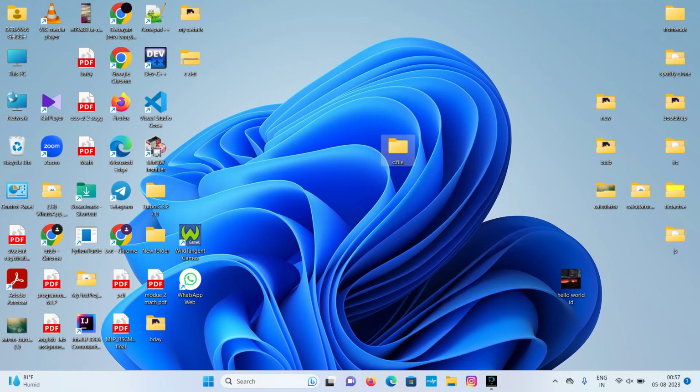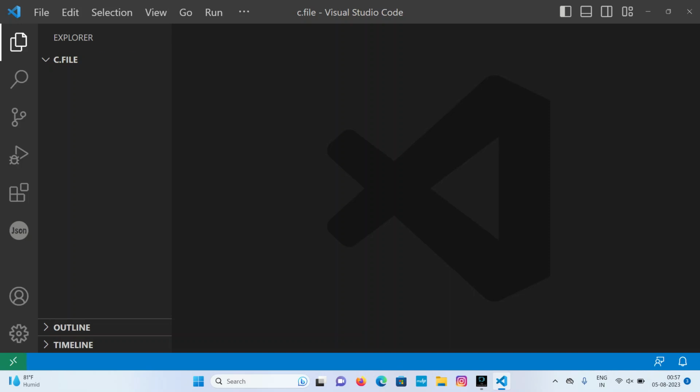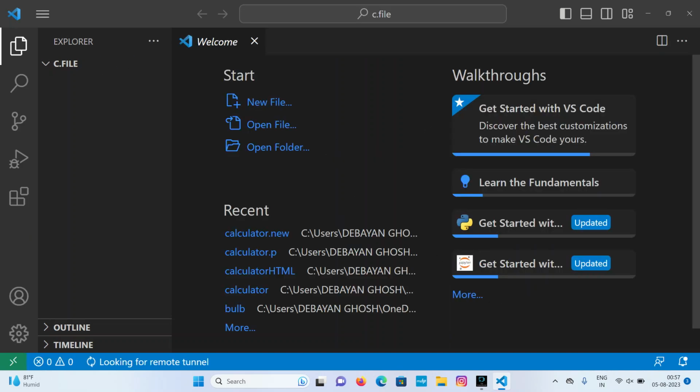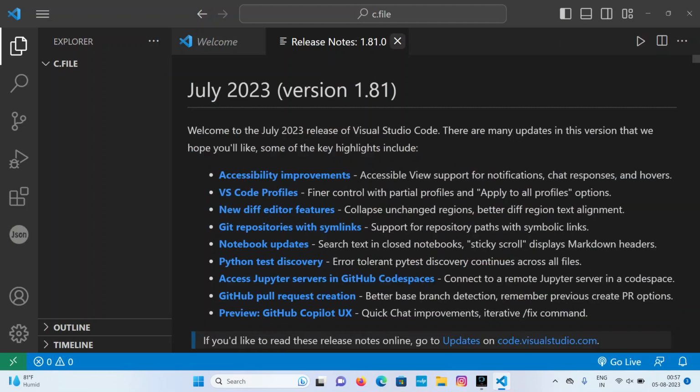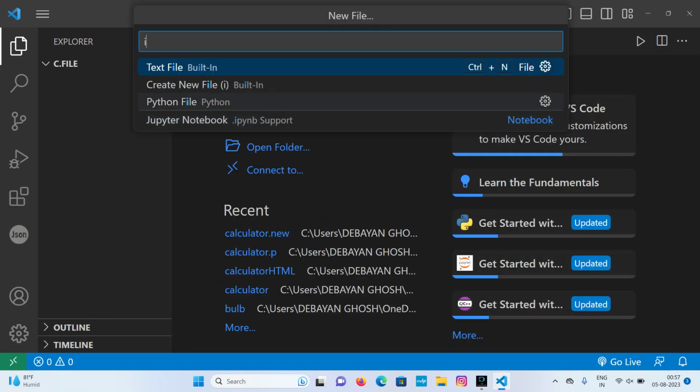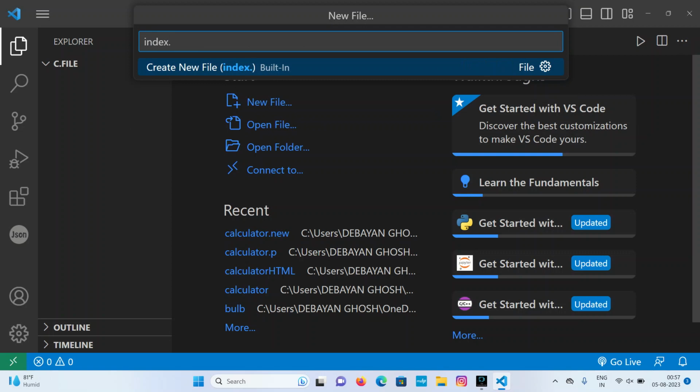and I'll show more options. I'll open it with VS Code. So I had opened it in VS Code and I'll make a new file named index.html. So I'll make a new file .html